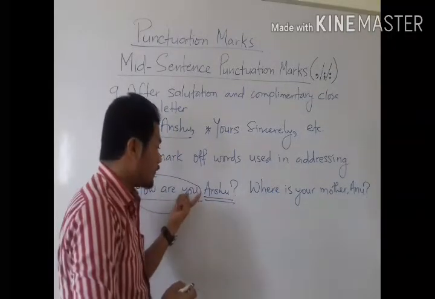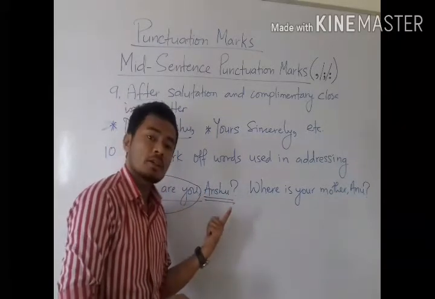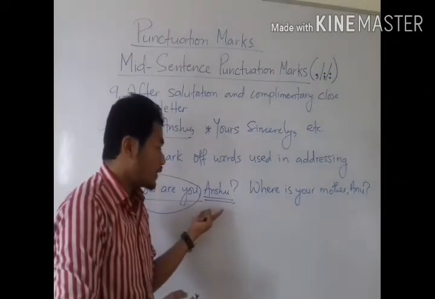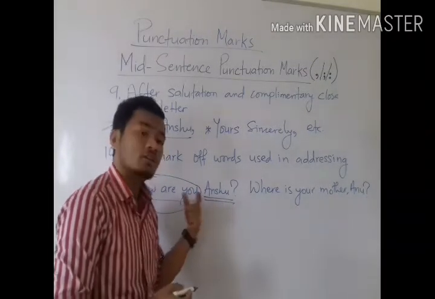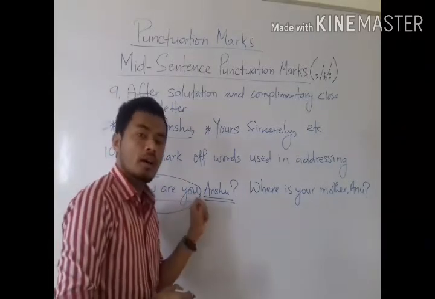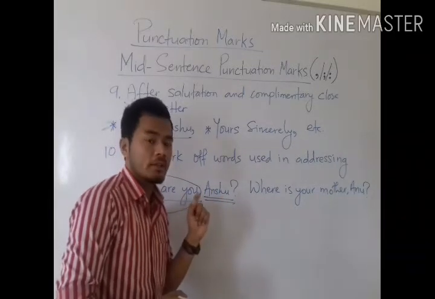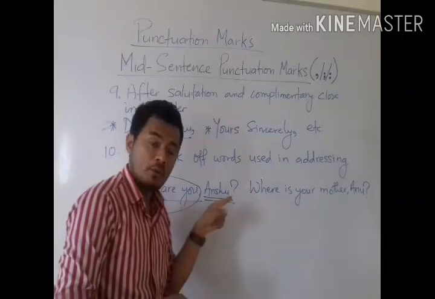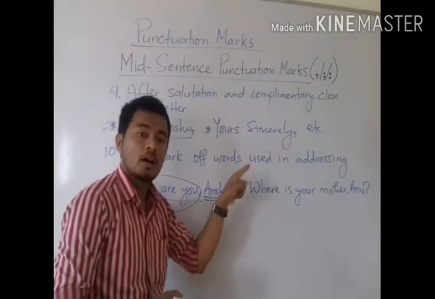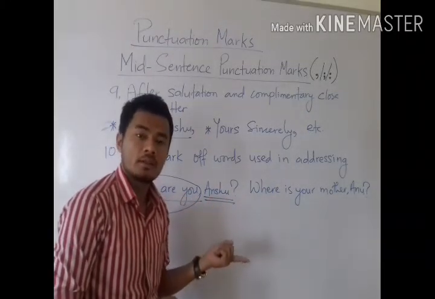Don't put question mark after how are you. But you have to put question mark after the name of the person whom you are addressing or asking this question. But we have to separate that question and this addressed person with comma. Like, how are you? Comma, Anshu, full stop. Like, where is your mother? This is the complete question, but you are addressing this question to Anu. So, where is your mother? Comma, Anu, question mark. In the same way, what are you doing?